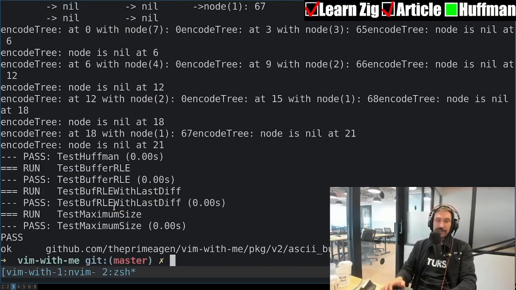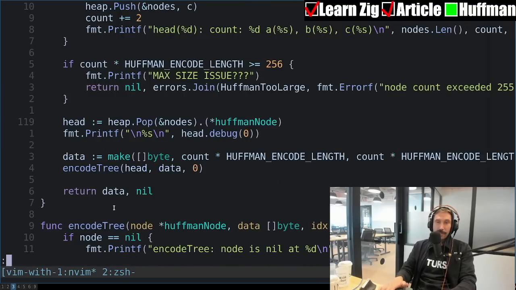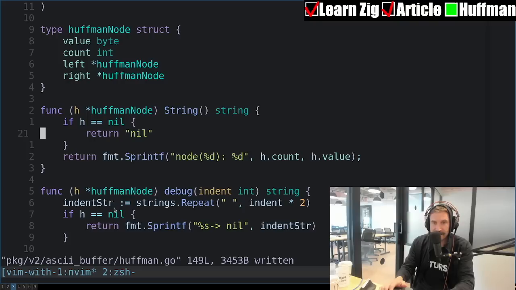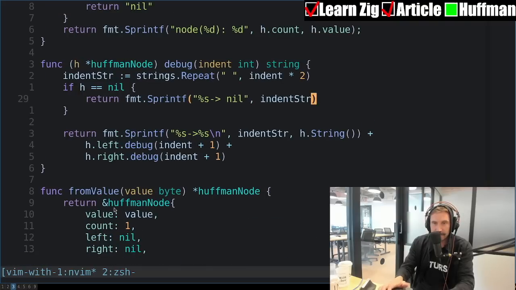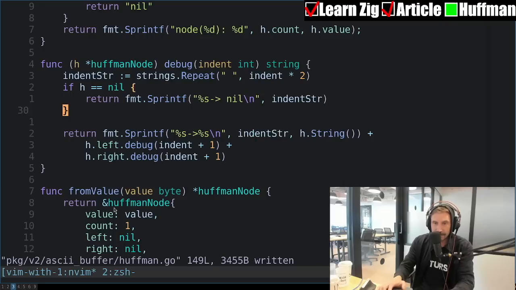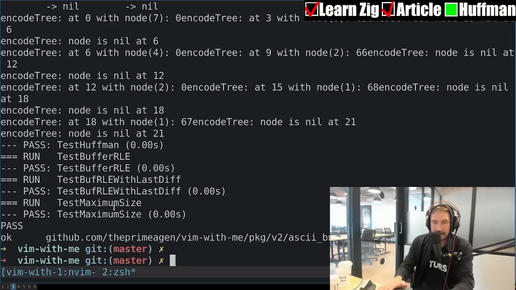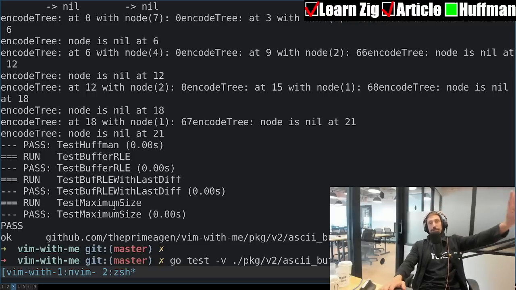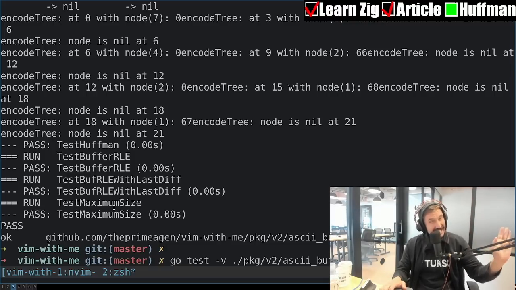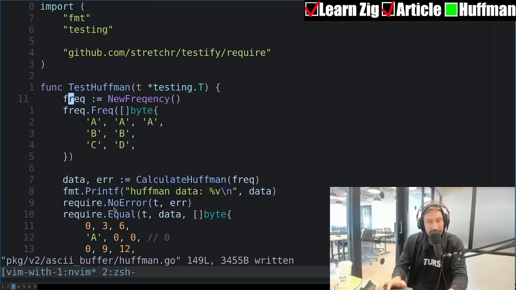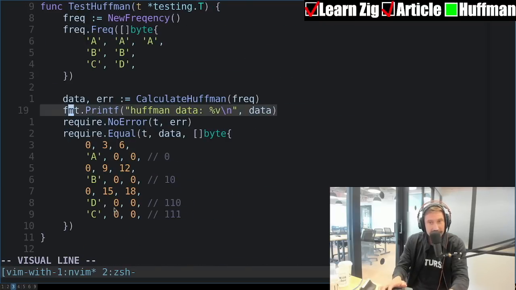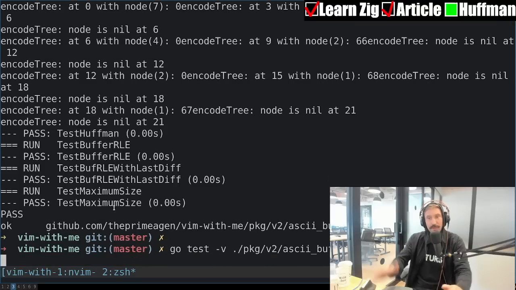Huffman's a tough one. So if I've done this correctly, let's go back to this and make sure I have this nice, beautiful new lines here. All right, so whenever I do a nil, I do a new line. I do a new line here, and then these each do a new line themselves. Okay, so this is test number 2. I think it's going to fail. I have a strong feeling it's going to fail first try. But why not?